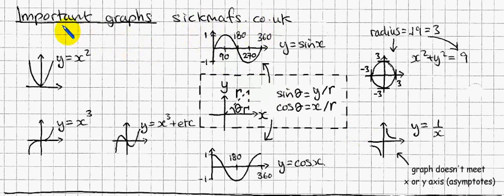This video is about important graphs that you need to know for your GCSE. I'm just going to outline these graphs. There are other videos about how to transform the graphs into slightly different types, so you just need to know the rough shapes here. This shape of the y equals x squared graph is a smiley face always, so just